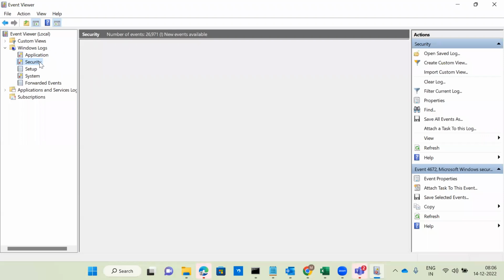Next is setup related logs: any configuration related logs are called setup. Next, system: bandwidth utilization logs are called system related. This is nothing but health checkup, based on which we can conclude whether the system is up and running or not. So health checkup is very, very important.